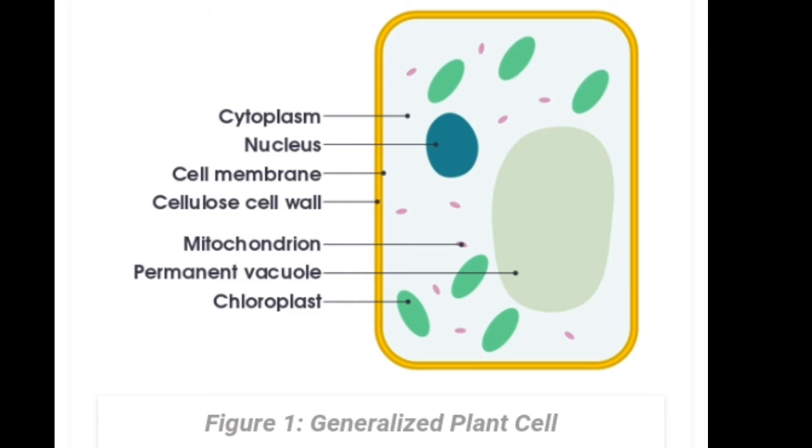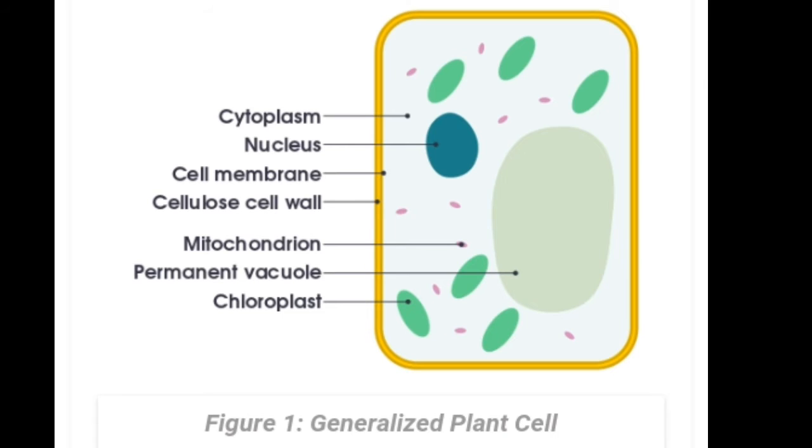The Golgi apparatus modifies, packages and distributes proteins, while lysosomes store the enzymes for digesting food. The entire cell is wrapped in a liquid membrane that selectively permits materials to pass in and out of the cytoplasm. So this is all about the separate knowledge of the plant cell and animal cell.